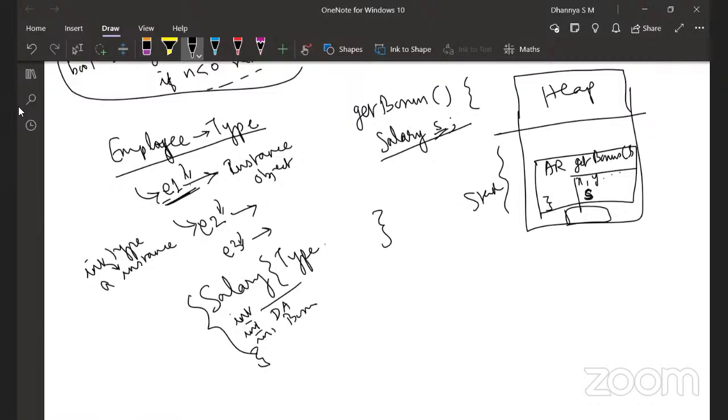Now I want to store the object of type salary here. I'm not going to store the value of S. Instead, I'm going to store the address of S. And this address is a location in the heap. Here I will have, say, the basic pay of S. I'll make it more clear.